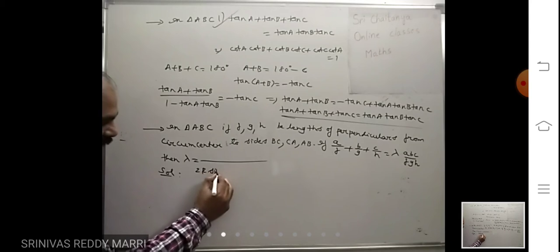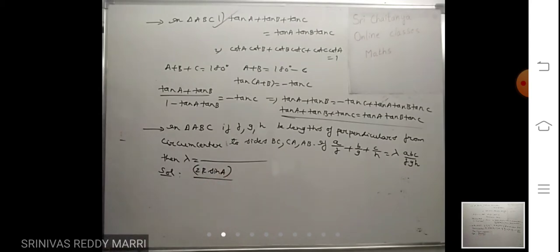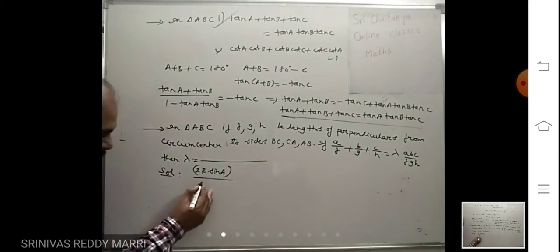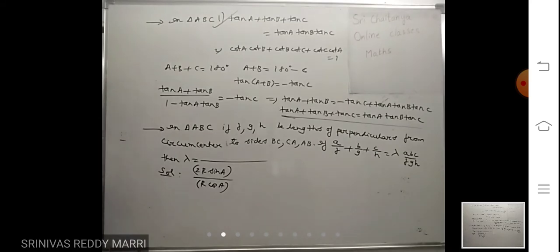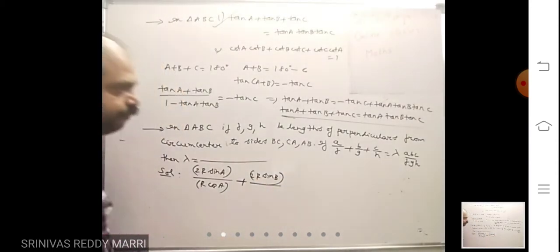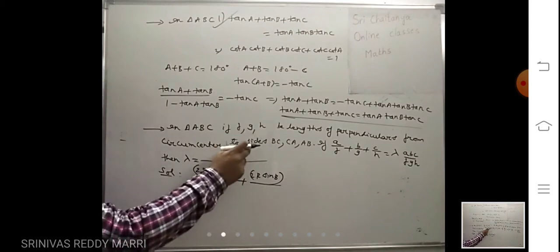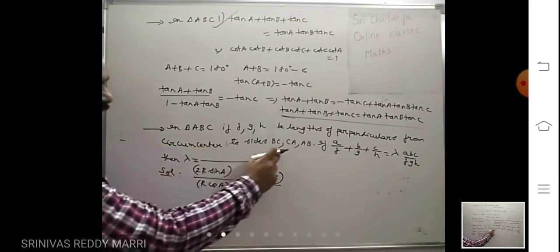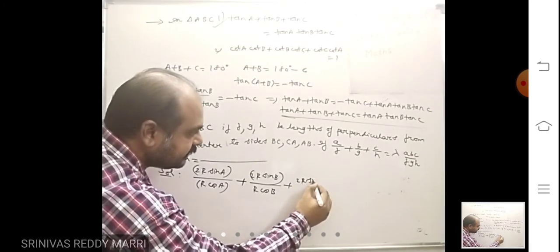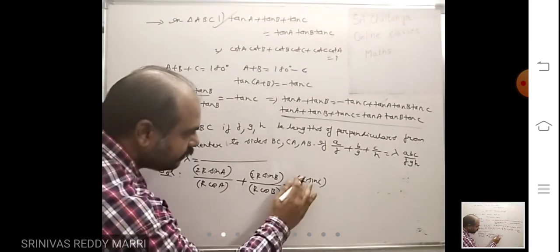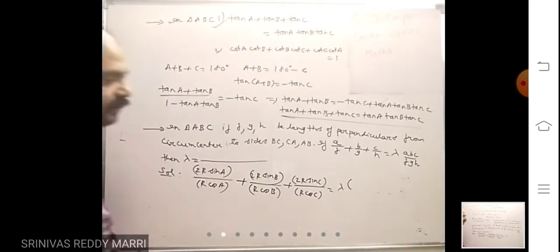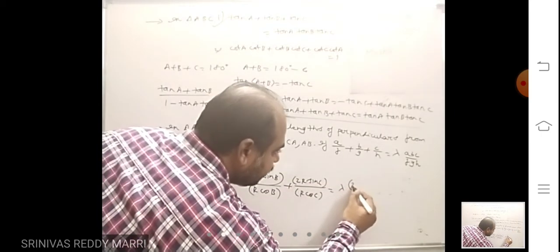A in a triangle by the sine rule is 2R sin A, divided by F, which is R cos A. Plus B, which is 2R sin B by the sine rule, divided by G, the perpendicular distance from the circumcenter to the side CA, that is R cos B. Plus C, which is 2R sin C, divided by H, that is R cos C, equals lambda into